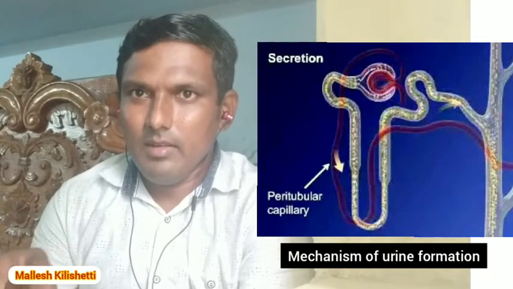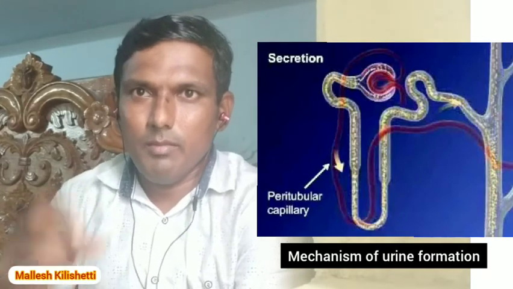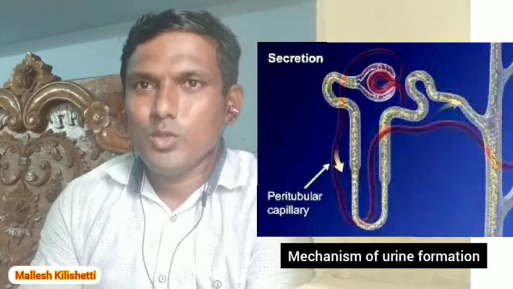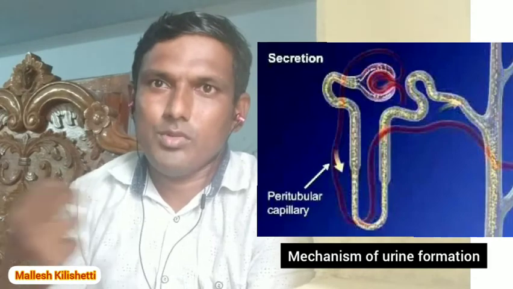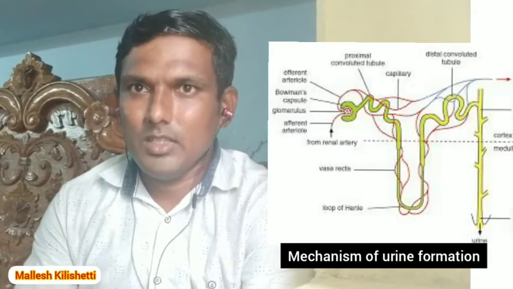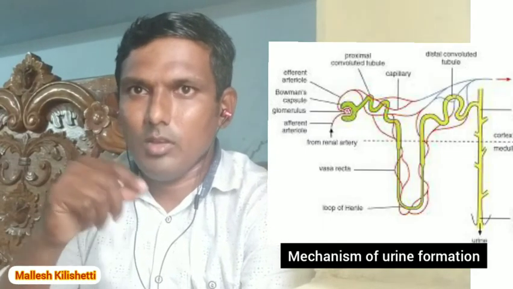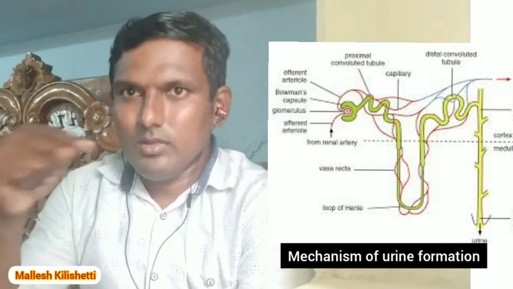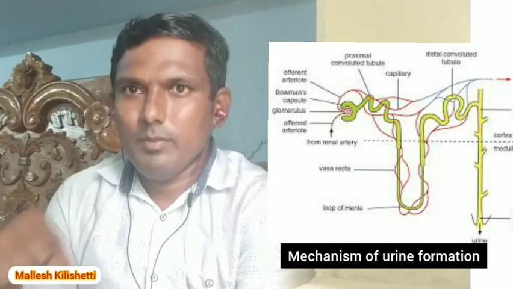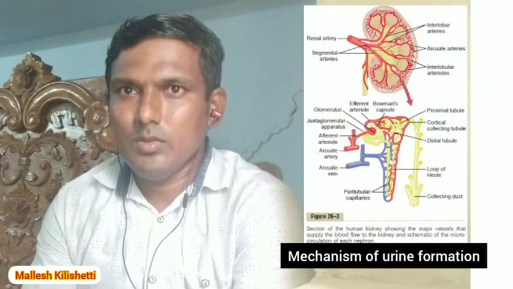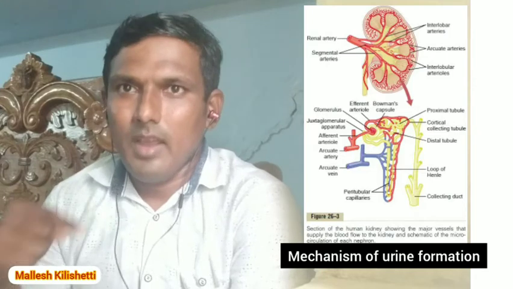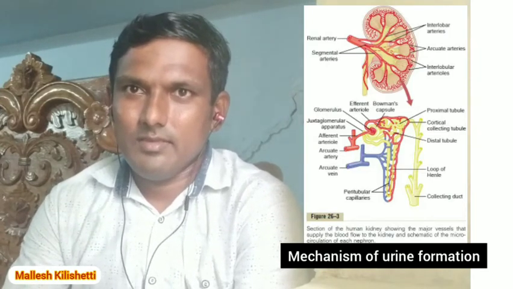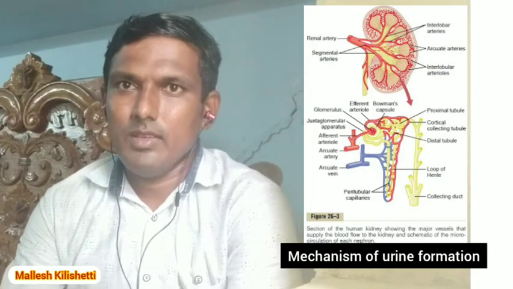In this area, the renal tubule is covered with a bunch of blood capillaries connected to it. So absorption will take place, and again secretion will take place. In the PCT absorption takes place and in the DCT secretion takes place. Then the urine goes from the DCT to the collecting tube, from the collecting tube to the pelvis, and from the pelvis it is expelled to the outside. Okay, this all takes place in the structure of the nephron.